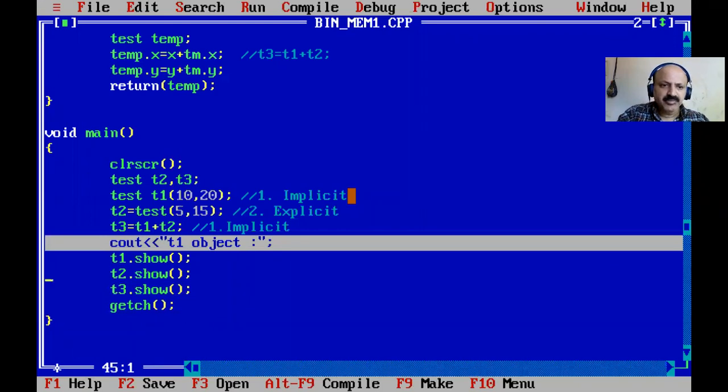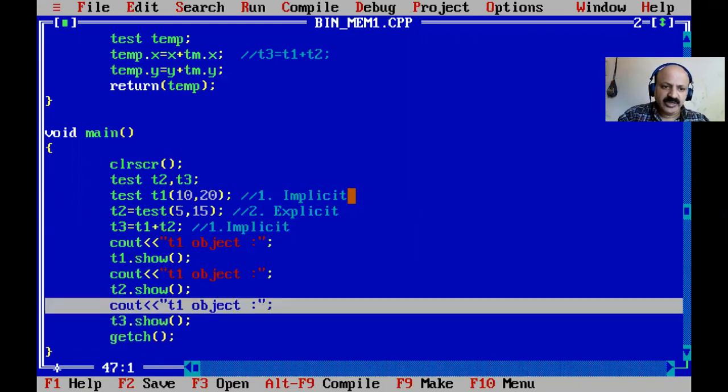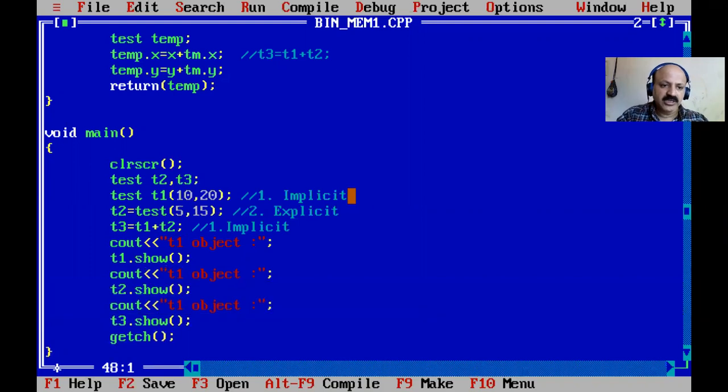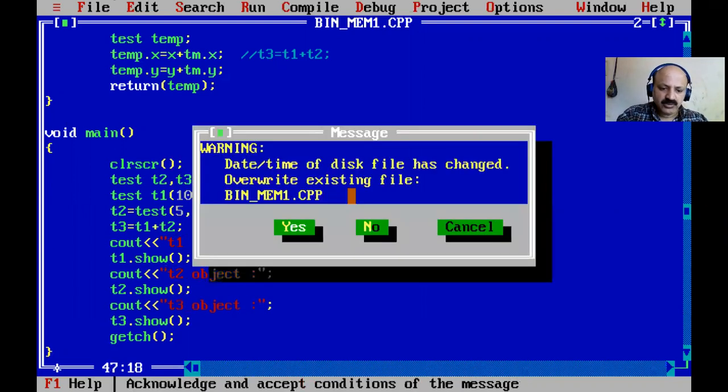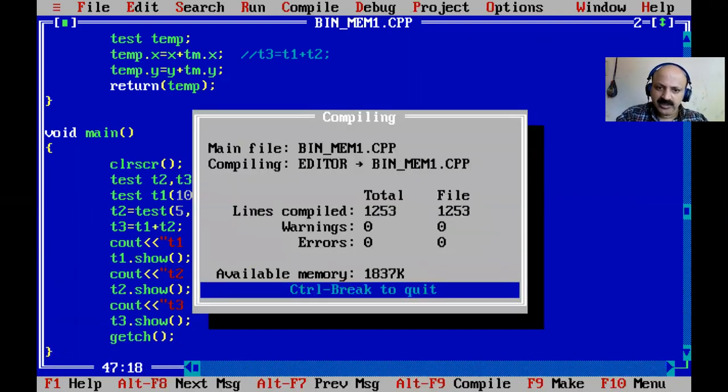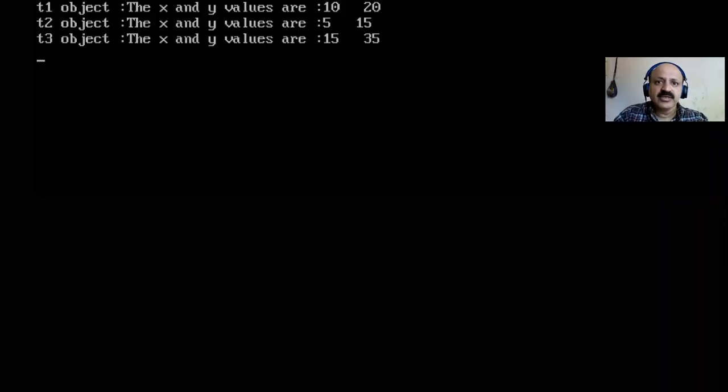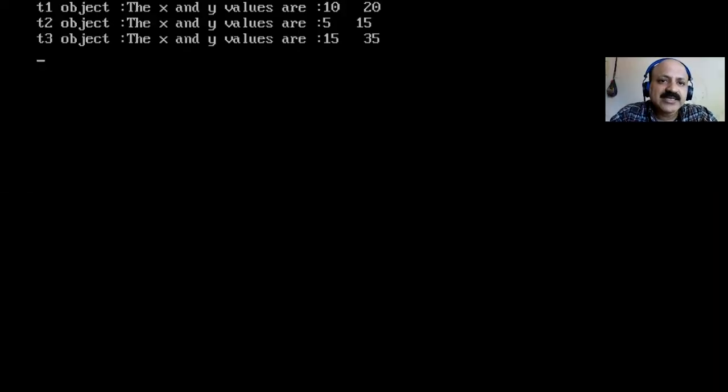And in between we can give the message, so we can identify all our t1, t2, t3 objects. So here I change the message to t2 object, t3 object member. So now I think it is okay. And now let us take t1, x and y, 10 and 20, t2, x and y. We can easily read them out because we prefix the object name, so we can easily identify that member.